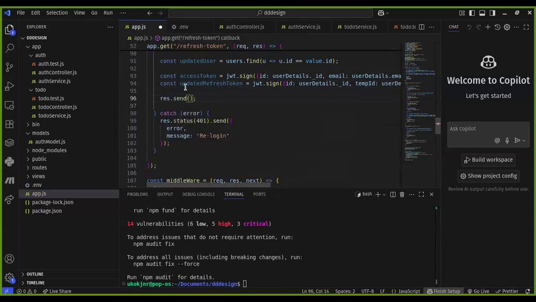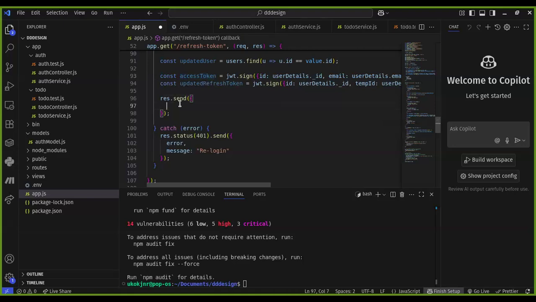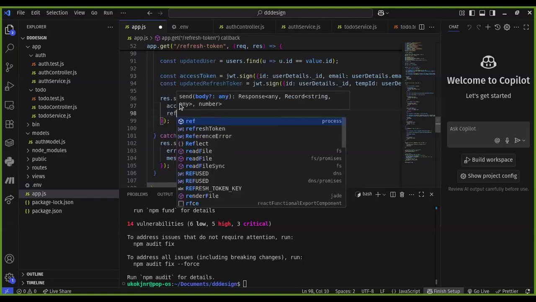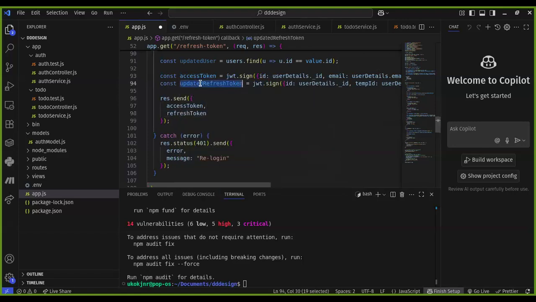So at this point, I can send the access token and the refresh token would be